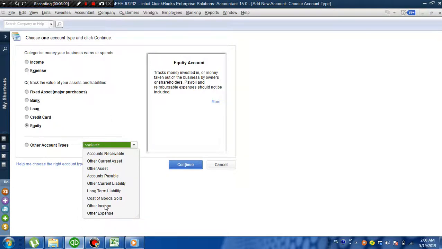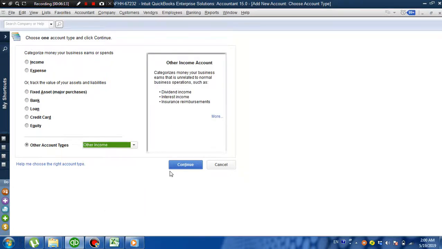For example, you want to make one other income account like this. It is not an income account, but an other income account. This other income account is not related to the common revenue of the company, but it is for some special revenue of the company.